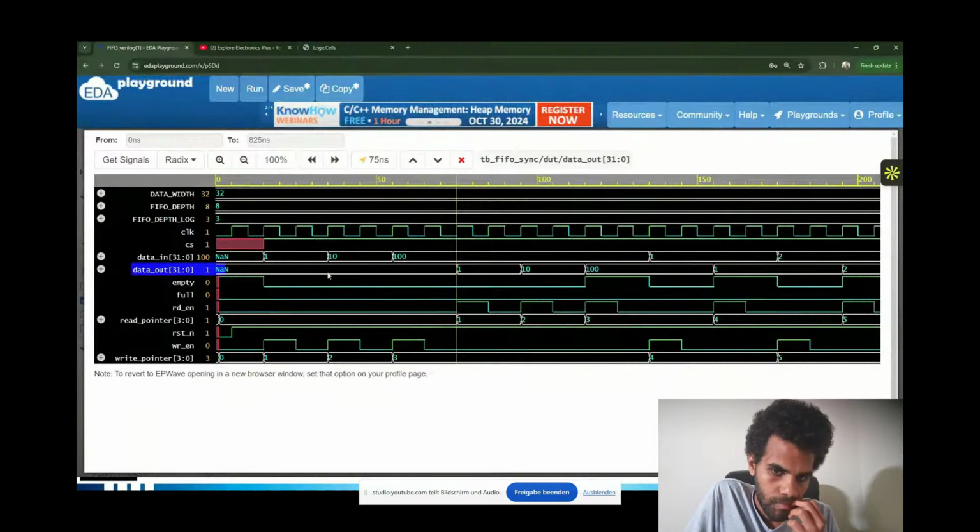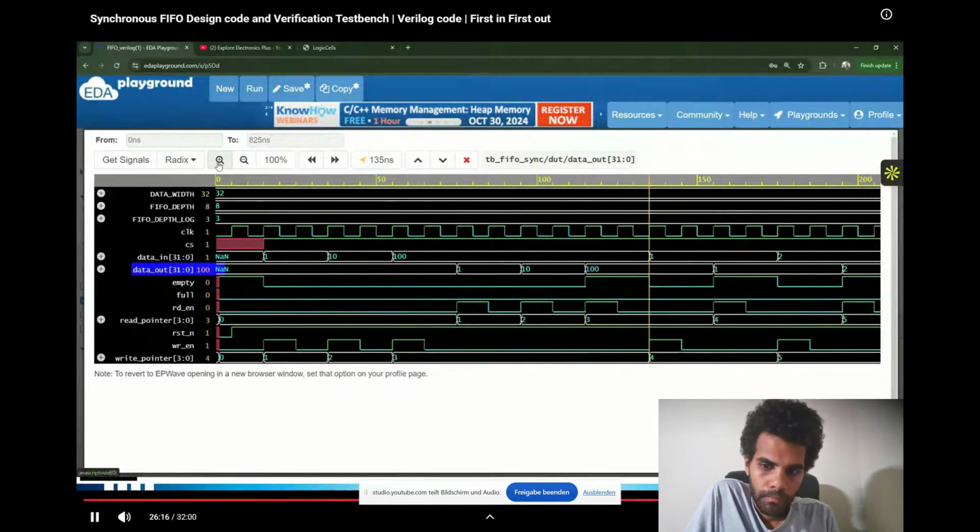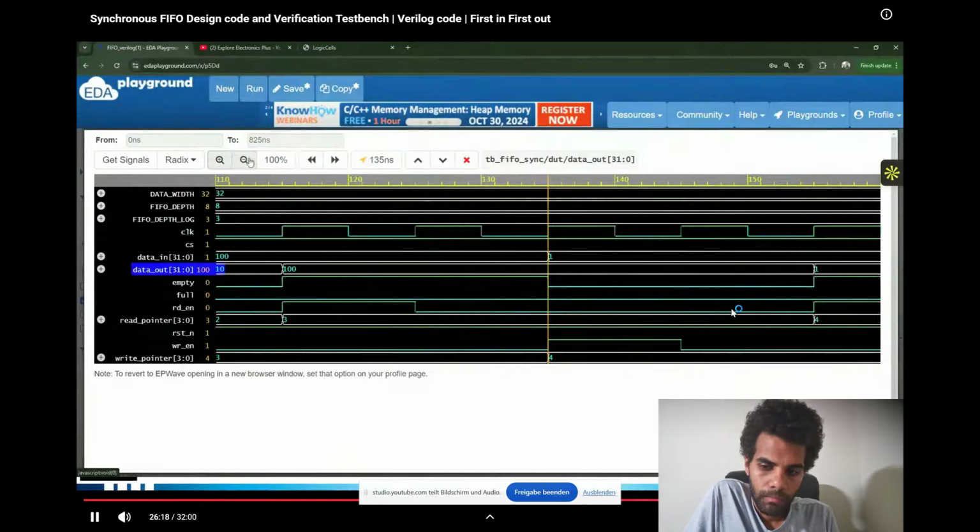Similarly, the next value which we have written is 10, 10 comes out. The next value which we have written is 100, 100 comes out. This is our first scenario. From here onwards, we will be getting the second scenario. The second scenario is that